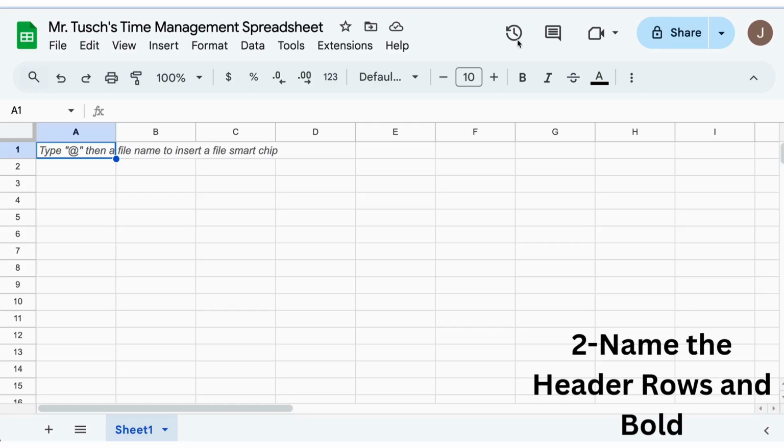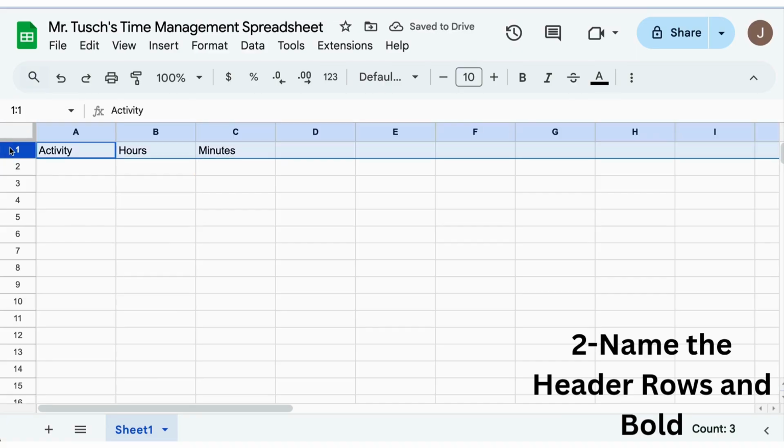What you're going to do is name your header row. It's going to be right up here. So you're going to write in here, and you're going to type three things. The first one, you're going to type activity. So I'll click on it, and I'll type activity. You'll notice that when you type into the cell, it also shows up here. That'll become important later on because you can act on cells that you can type in here. And if I type, for example, the next thing I'm going to type is hours, right? If I type it up here, it goes here. If I type it here, it goes there. The third one I'm going to do is minutes. So those are the three things I'm going to do.